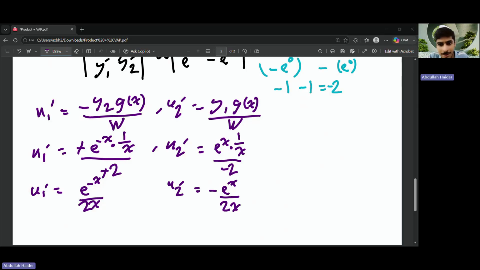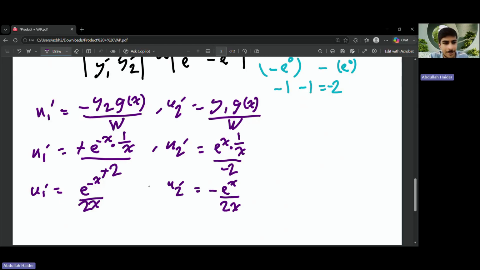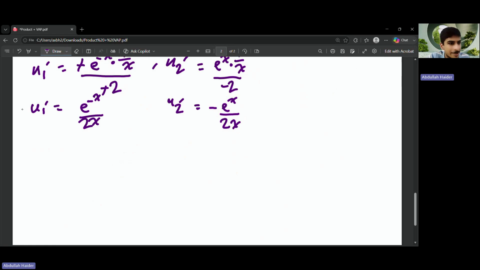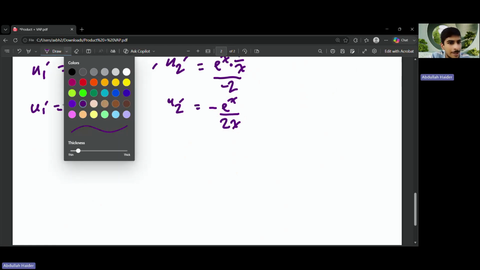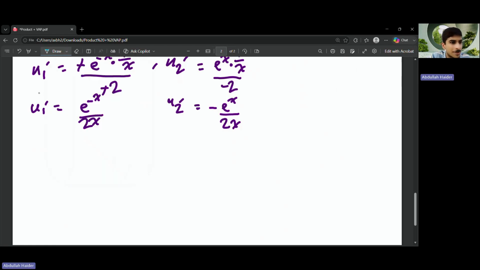The only difference between u1 prime and u2 prime is the negative sign. Now we will integrate this to find u1 and u2. So u1 is equal to